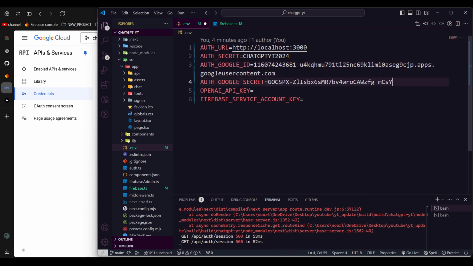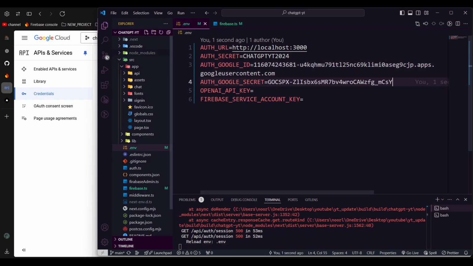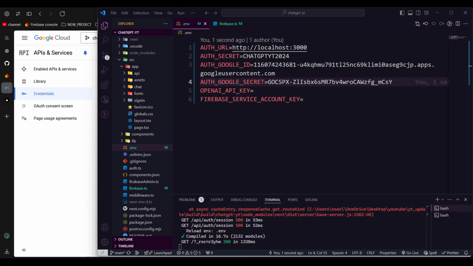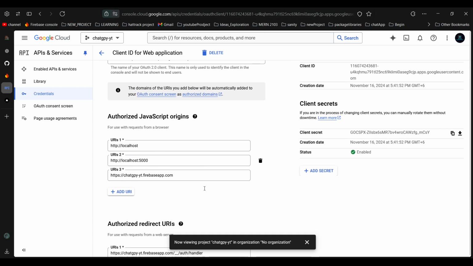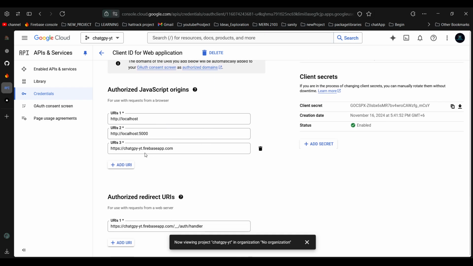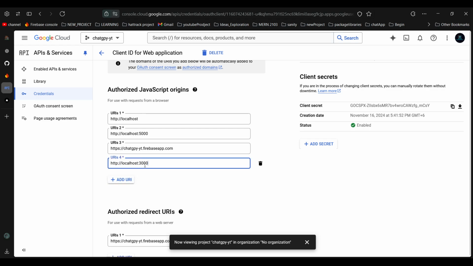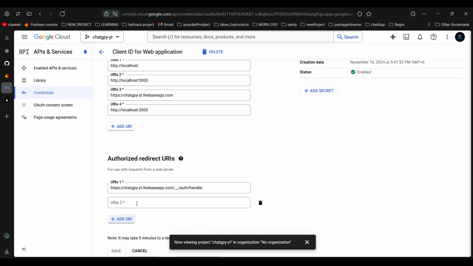Let's copy and paste. So now I have those two parameters here. And I think we need to add that redirect key here so that our application can be redirected. As you see in ChatGPT, it's just redirecting to the Firebase instances. We need to add localhost 3000 and also the redirect URI, which can go through with the separate constancy,